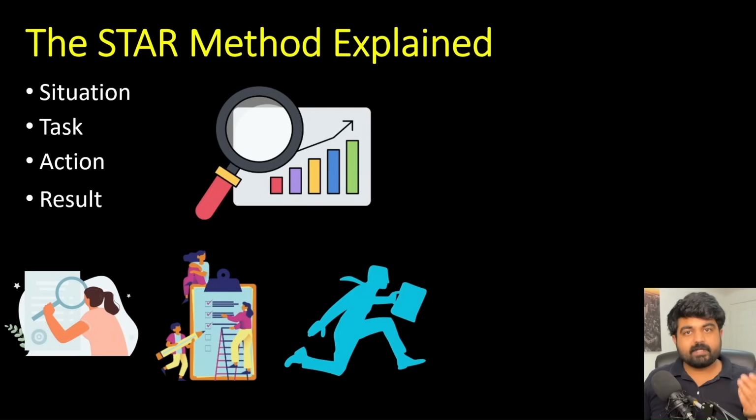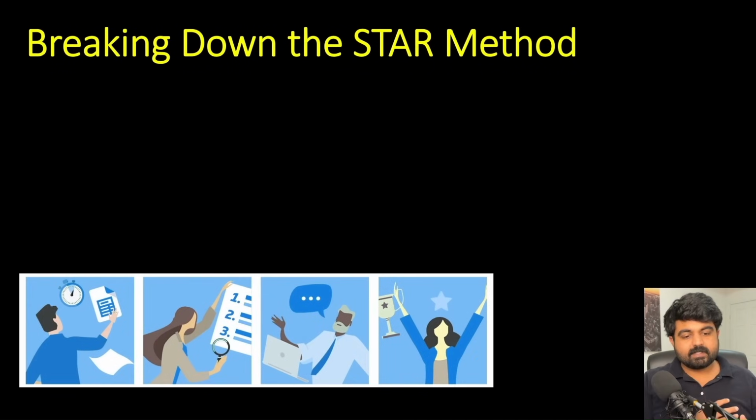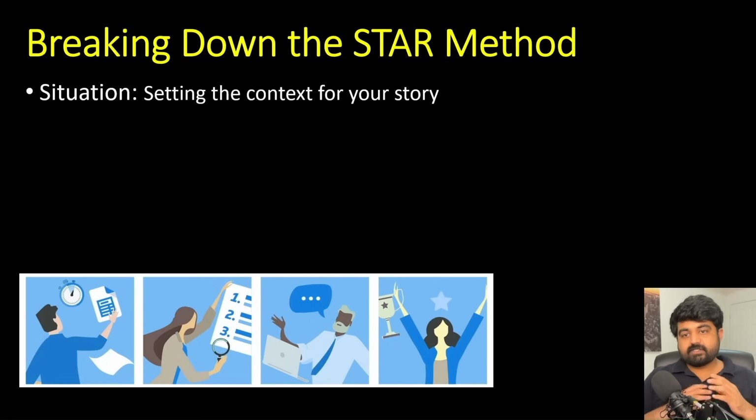So let's try to break down the STAR method, and we will try to understand it with some examples as well. First, whenever any question is asked of you, you can explain what the situation was, what the backstory was on why you needed to do that thing, in which you are providing all the context. You are providing what happened, what the scenario was, what was happening with the company, what was being asked of you to do, what the overall scenario was that would impact your judgment or your decision.